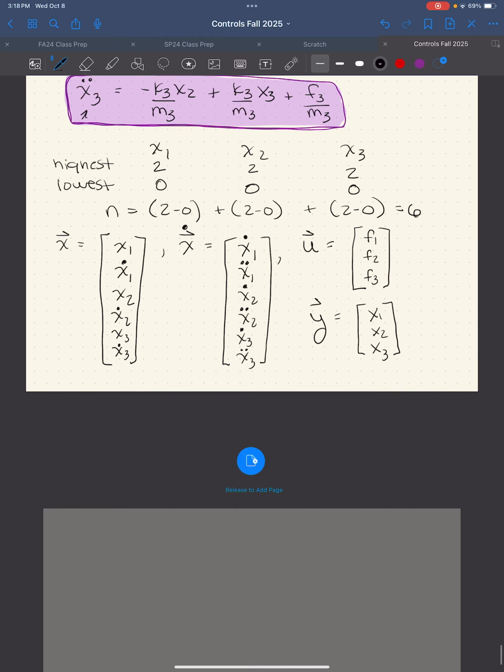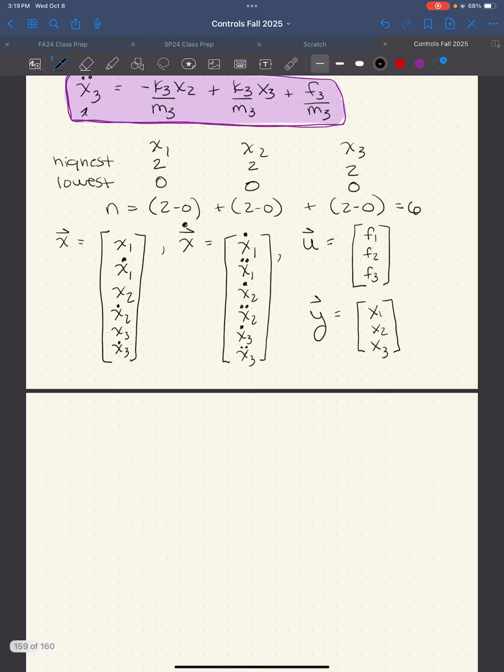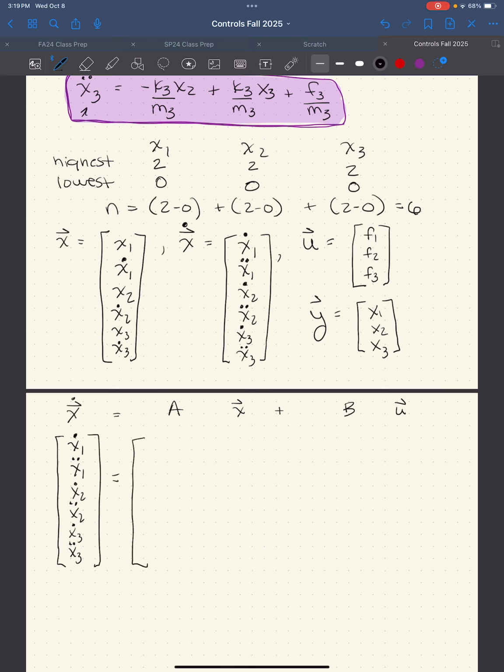All right. All that's left now is to write this in like the skeleton form of my state space equations. So my state equation is this x dot equals A x plus B u. And I'm going to go through and fill out the vectors that I know already. So x dot here will be x1 dot, x1 double dot, x2 dot, x2 double dot, x3 dot, x3 double dot. So x dot equals some matrix A